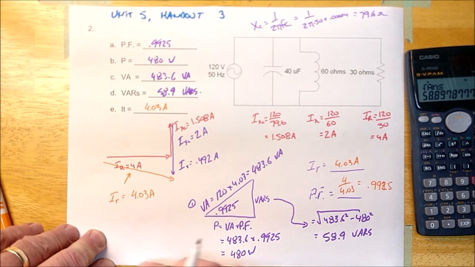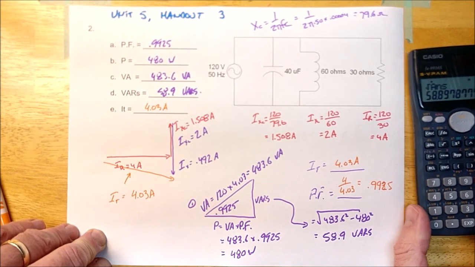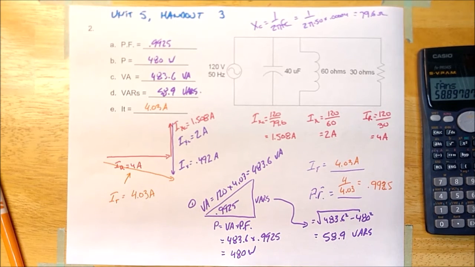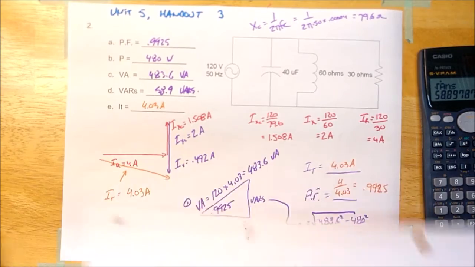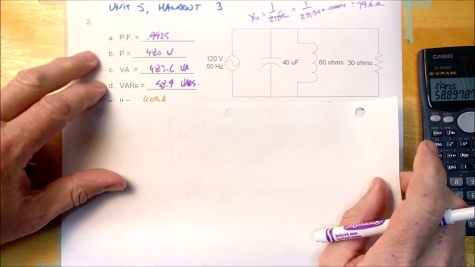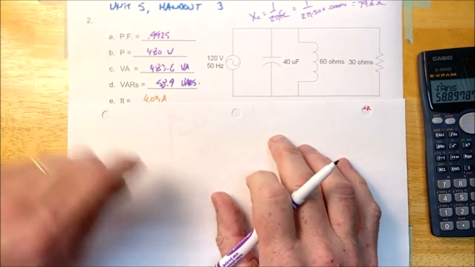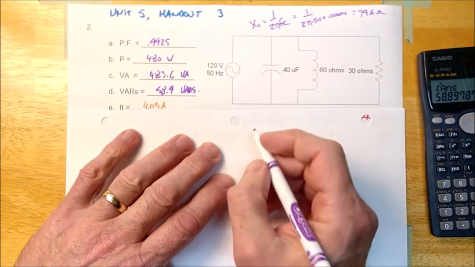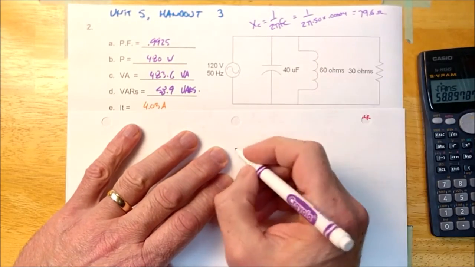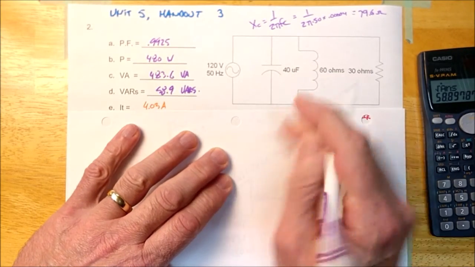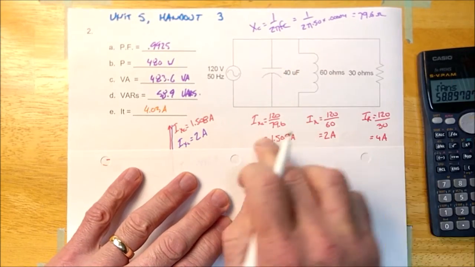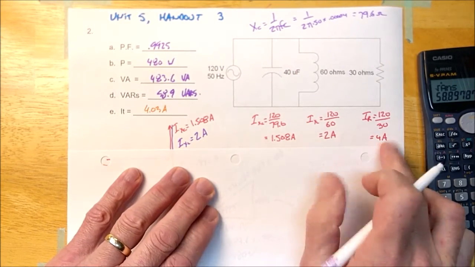And then I could calculate the sum of the three, which would be the VA. And maybe I'm going to do that actually, just to show you that that's the other way to do it. And if you don't like that way, or you don't want to hear about it, then look away. But here's what I could have done instead of that other option, would be calculate the VARs. Okay, after I calculated these three currents, so you'd have to calculate these three currents either way, but then